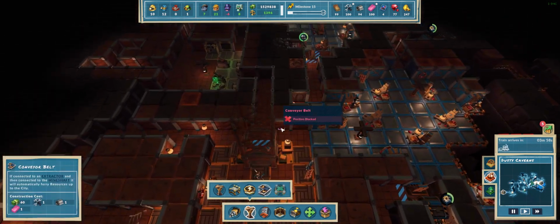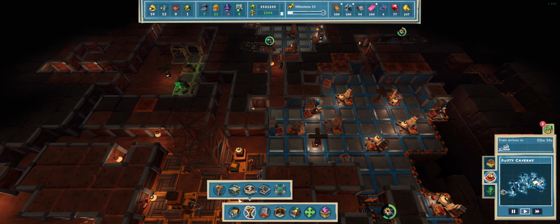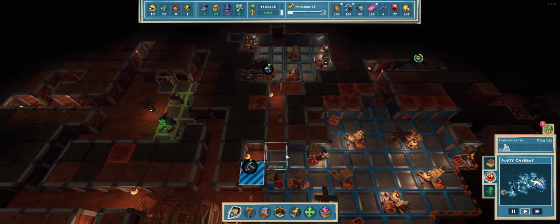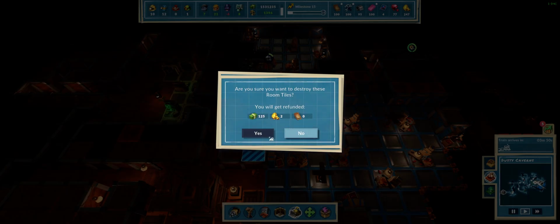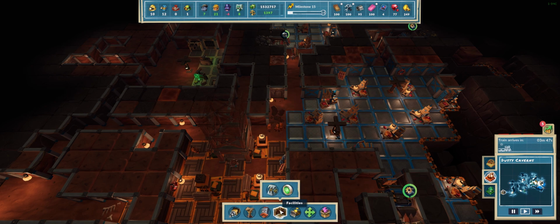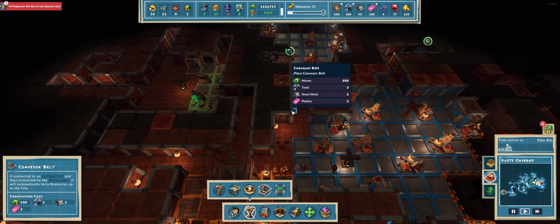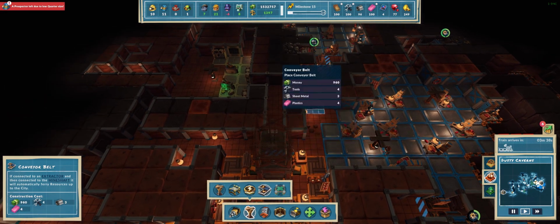And you have the conveyor belt here. I want to actually try to build it, and by building it, I'm going to destroy this, and I'm going to kind of show you how things work here. I'm going to destroy that because you cannot, unfortunately, build conveyor belts on existing room types. So I'm going to do that here, and I'm going to...